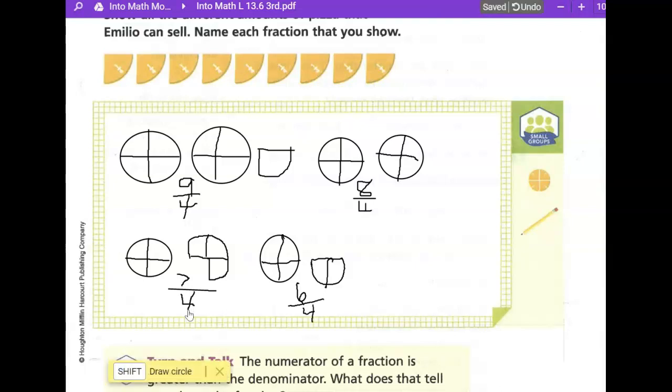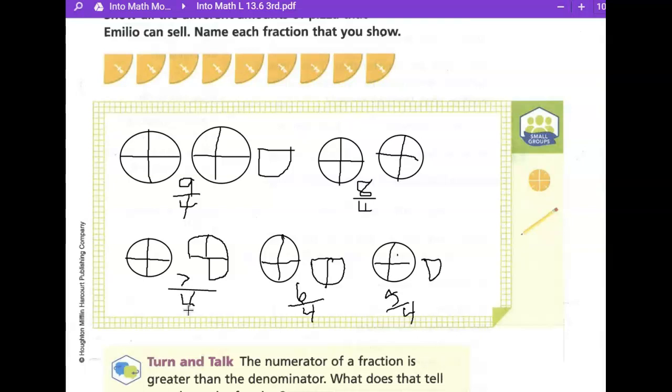The next one would be how many fourths? 5/4. So again, we can draw a whole pizza. And this time, we just have to add 1 slice to that. So we would have 4 plus 1 is 5/4. Now I'm going to run out of room. So I'm going to have to go up here, and then we could have a pizza that we're going to do into